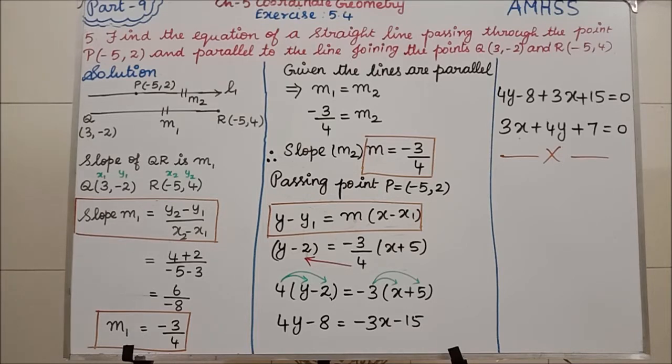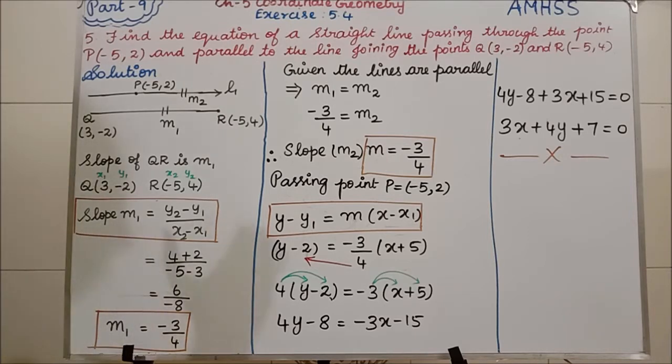Students, first, what are they asking us to find in the question? Find the equation of the straight line. That is the first line they have given in the question. Find the equation of a straight line. We need the final answer in equation form. So the equation of a straight line will be in what form? Ax plus by plus c, which means the final answer should contain an x term, a y term and a constant term. Okay, first you keep that in your mind.